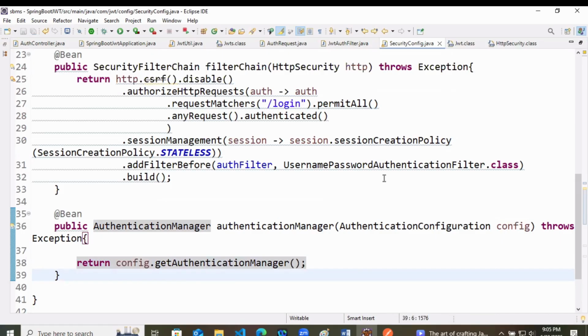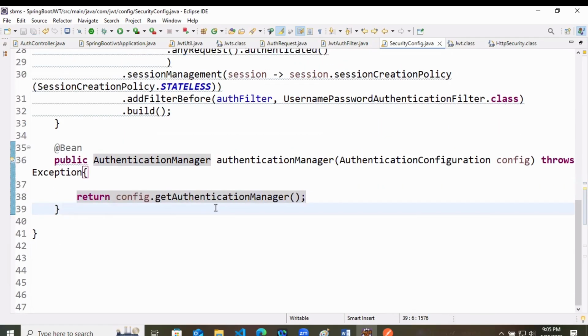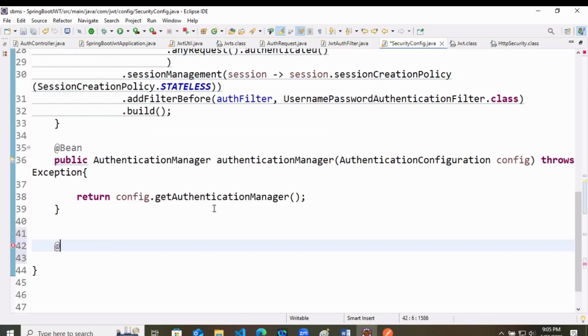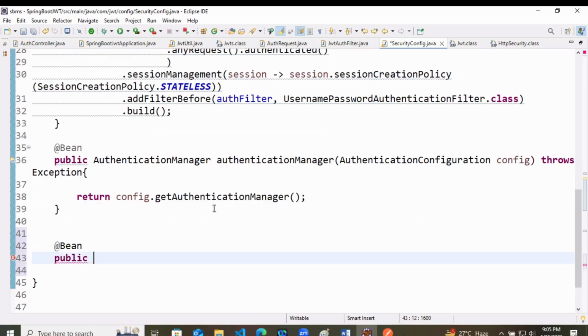So we are using some password as well. Here you can keep a password encoder bean as well, so that it gets activated whenever we are running our code. So that is public. Return type is PasswordEncoder, because we are using it outside now.